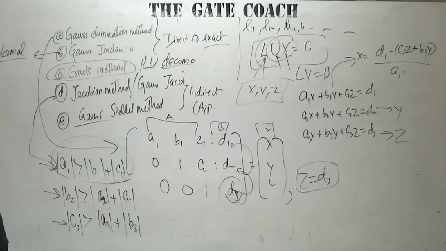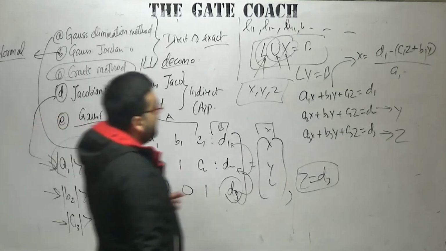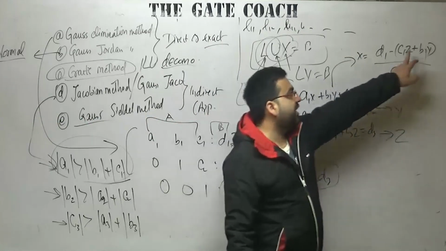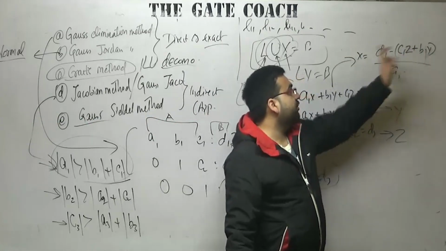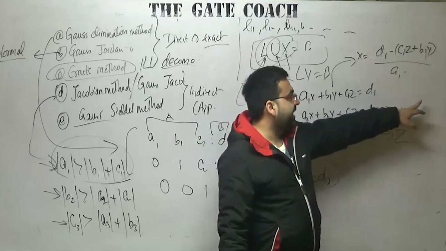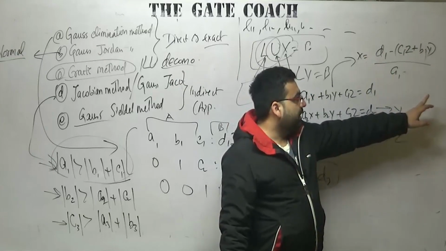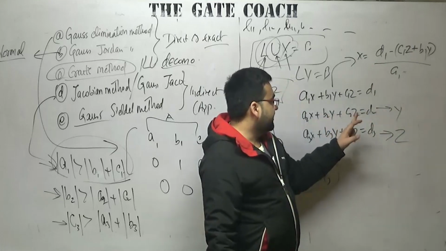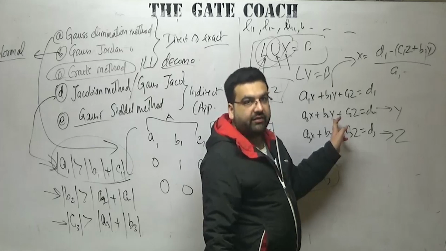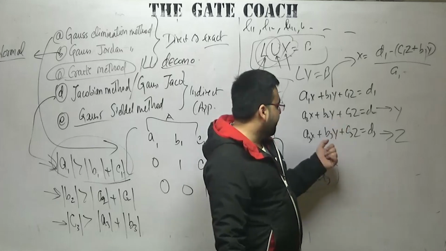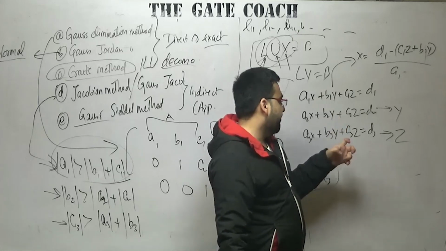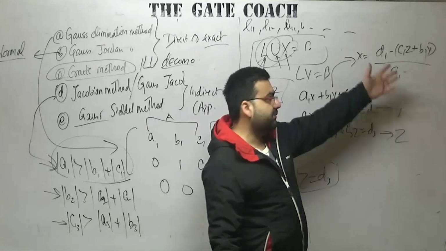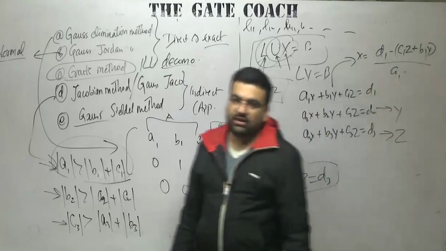Clear? Similarly, in the third equation, once we have got the values of x1, y1 and z1, we repeat it. You put the values of y1, z1 and get the value of x2. Put the value of x1, z1 and get the value of y2. Put the value of x1, y1 and get the value of z2. Once you have got x2, y2, z2, you again put the values. So this is what the iteration method is all about.